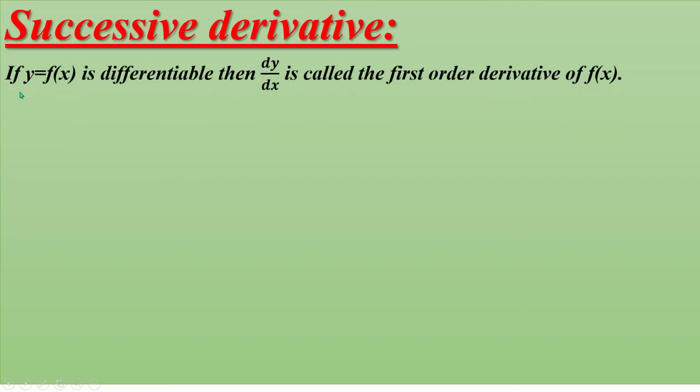Successive derivative: if y equal to f of x is differentiable, then the derivative of y with respect to x is called the first order derivative of f of x, and it is also denoted by f prime x or y prime or y1 or D suffix y. We can use any one of these for the first order derivative. Okay,